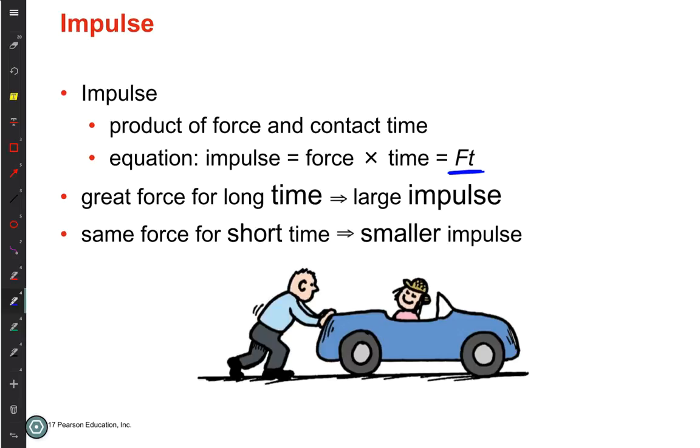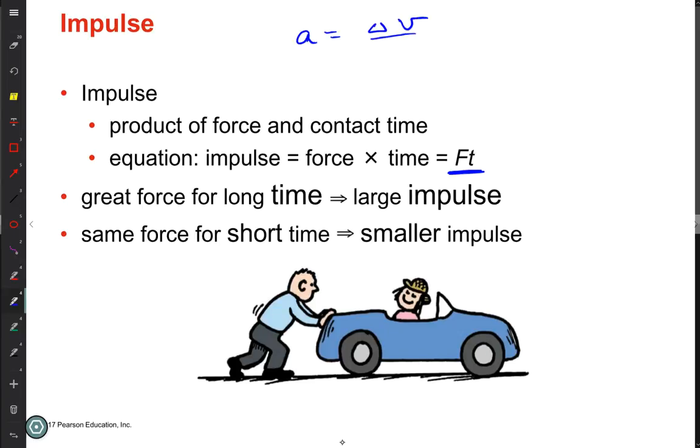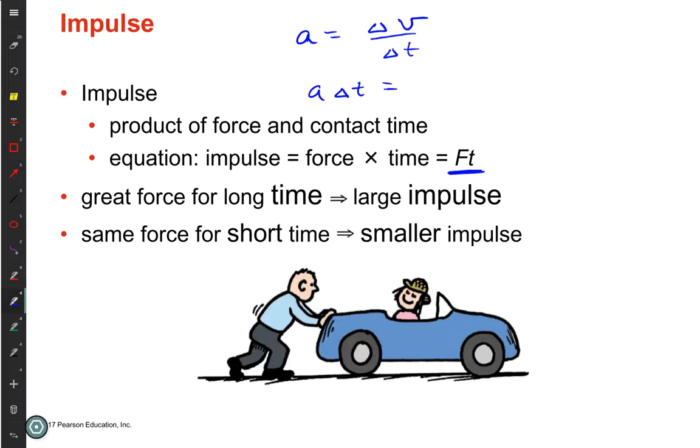And if you take that acceleration and you multiply it by time, remember our definition of acceleration was the change in speed divided by change in time. So if I take acceleration and multiply by the change in time, what's that? Yeah. So acceleration multiplied by change in time is a change in velocity. So force multiplied by time is going to have something to do with the change in velocity. Force is mass times acceleration. So if we get really, really careful, the net force,